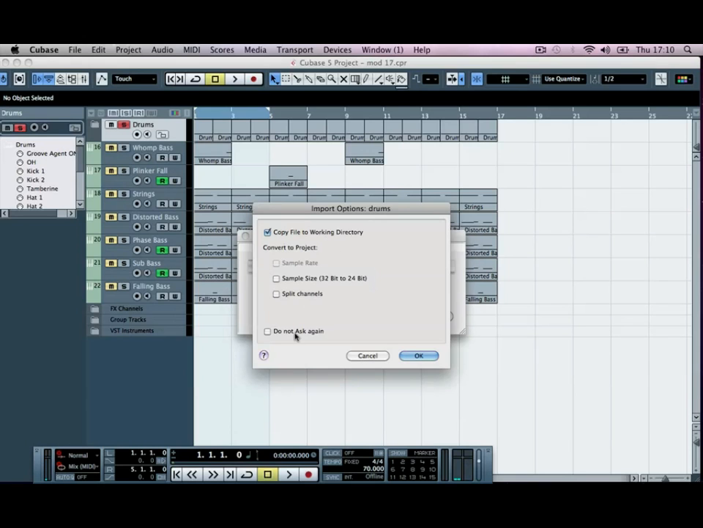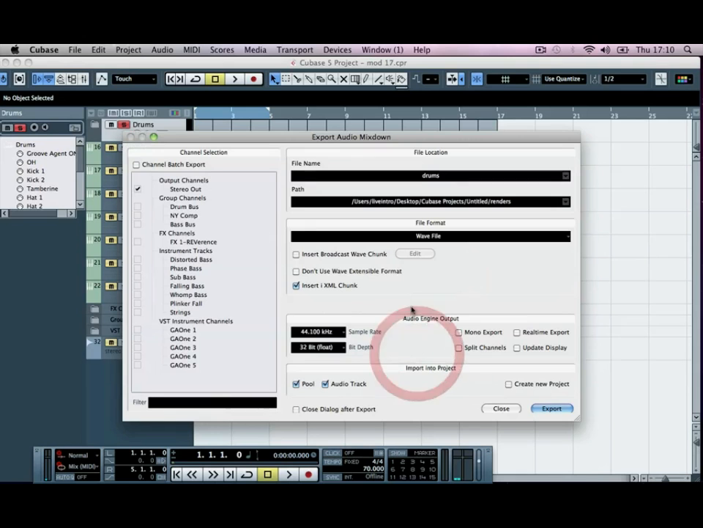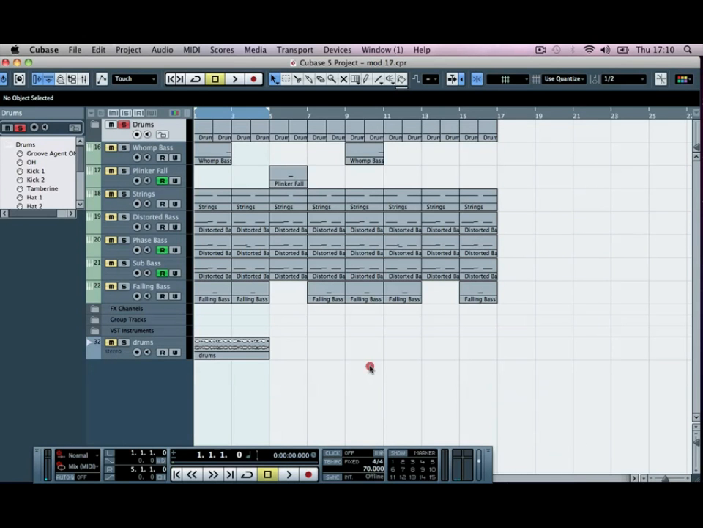And you want to copy it to the working directory. We'll just make sure that everything's kept the same, so you want to make sure your sample size, if that's available, do sample that back down. Click close. So we've got our drums rendered out here, so if I just solo them,